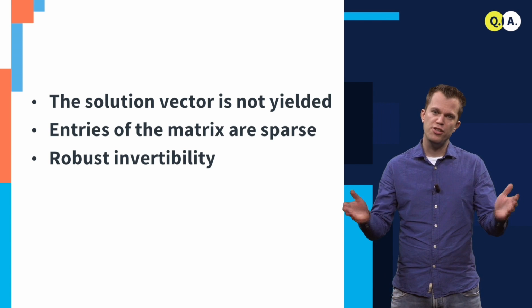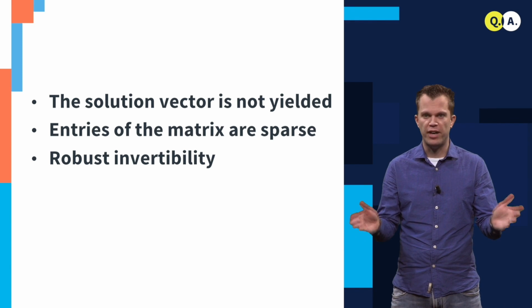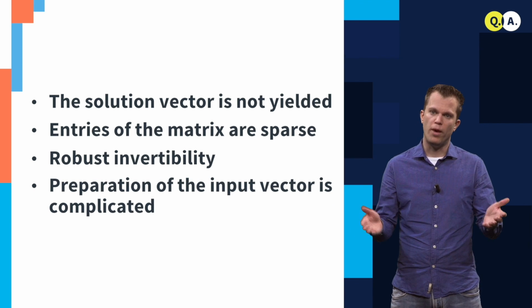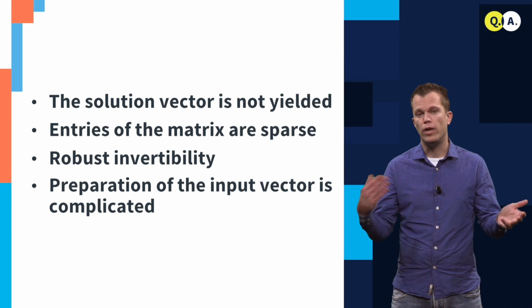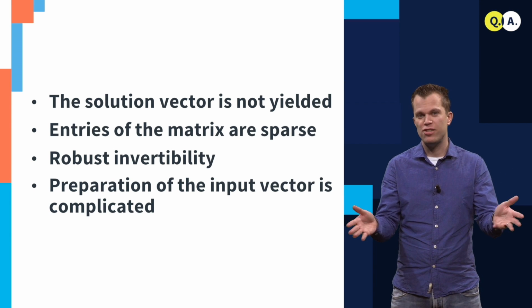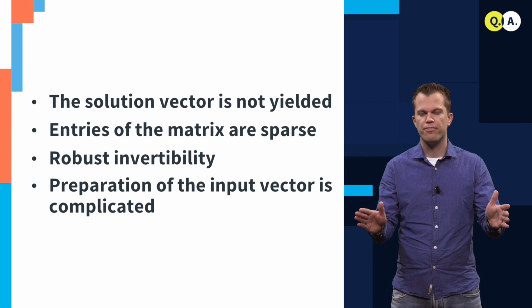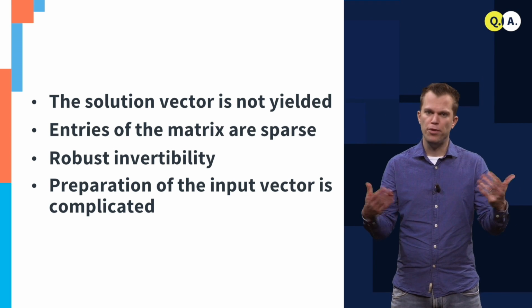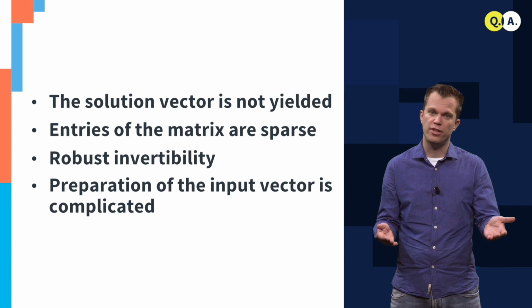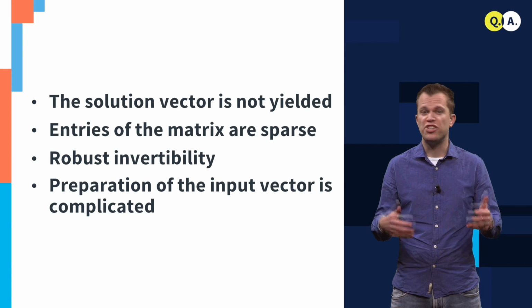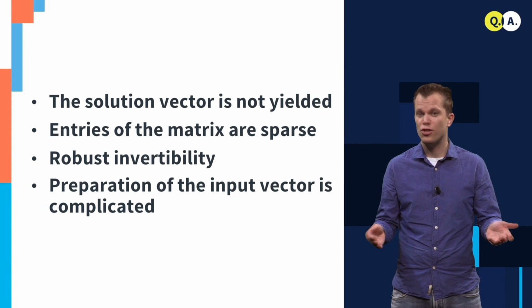Perhaps the biggest challenge to solve is how to prepare the input vector. This will require either a quantum computer or quantum memory, or QRAM. And preparing this is very complicated. To do so, we need to efficiently prepare and store the quantum state. This is a highly non-trivial task, and for general input data vectors, such a construction is not even possible.